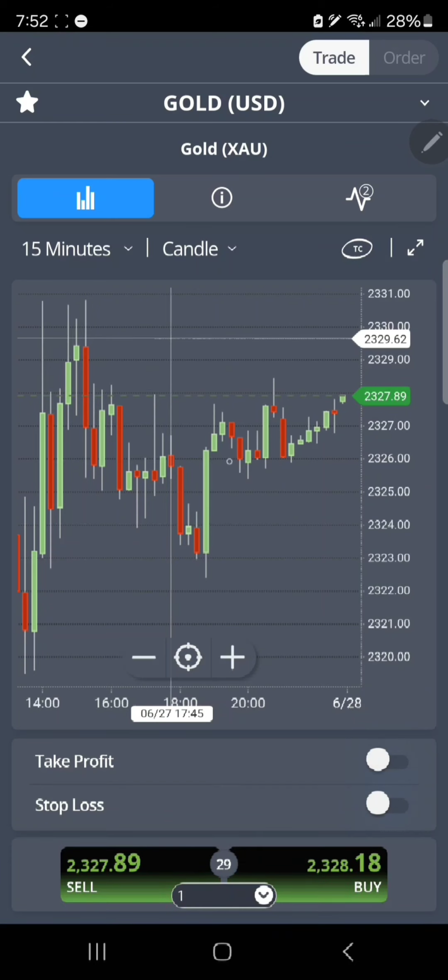If a candlestick is green, that means buying pressure has overwhelmed selling pressure. If a candlestick is red, it means selling pressure has overwhelmed buying pressure. And it's just showing in the time frame of whatever we've set it to. So right now it's at 15 minutes. That means one candlestick, so let's say this green one, this little red one, each one is a 15-minute